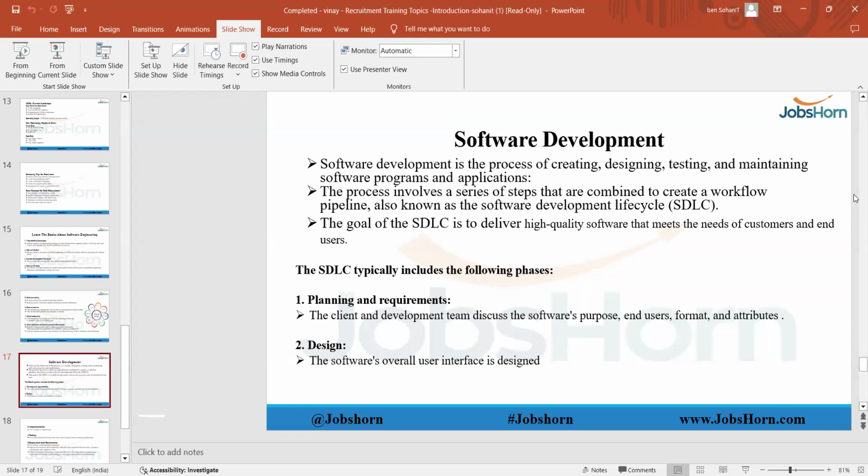These types of phases follow software development, like planning and requirements. We have to learn not only software development but what the recruiter needs to know about software development, planning and requirements. When the client sends a requirement, we have to see the requirement. We have to plan it, what the purpose is, what the client needs, and based on that, we have to design our work and